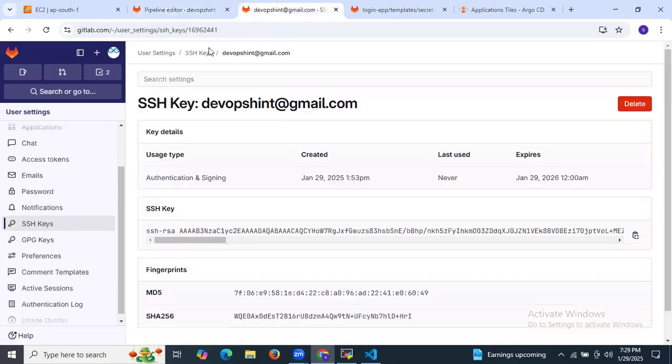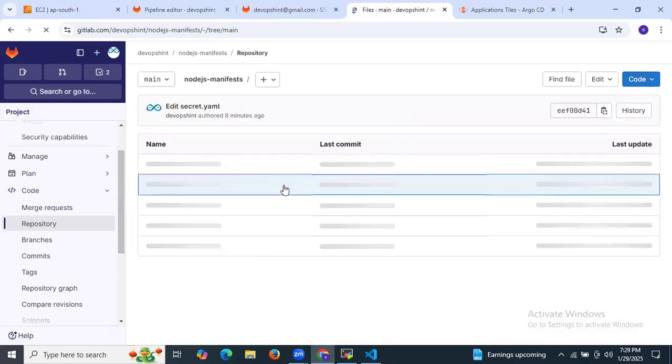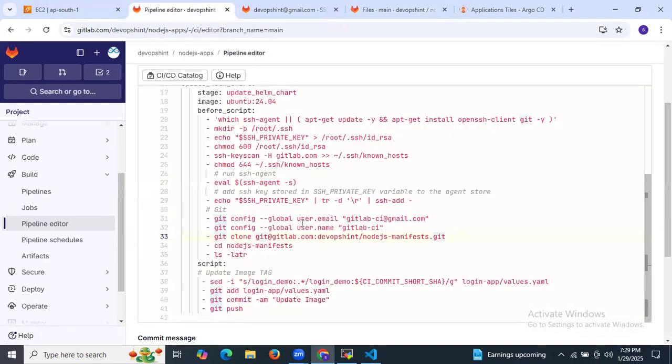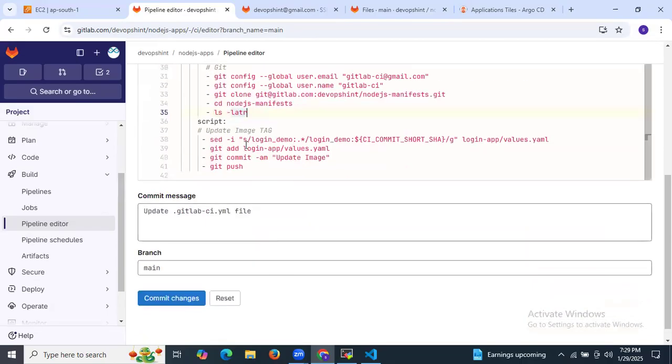That means this repository, Node.js manifest. This is our Node.js manifest repo, right? So it will clone in this step: git clone gitlab.com devops-hint nodejs-manifest. After that, go inside this manifest and run the command ls -latr. Then you can see the details: git add values.yaml and commit the update image and so on. Okay, now let's click on commit changes